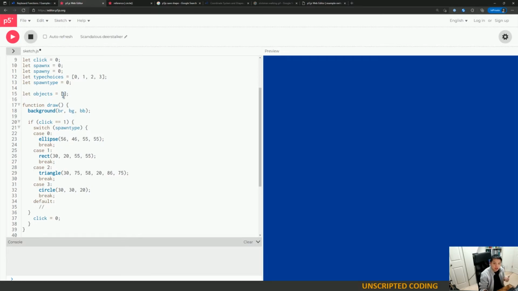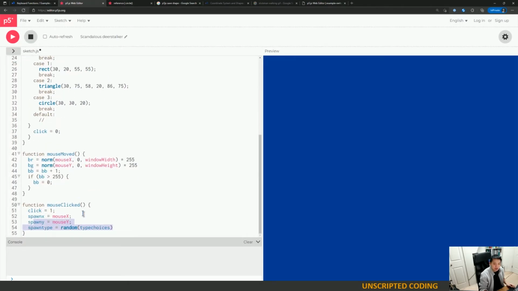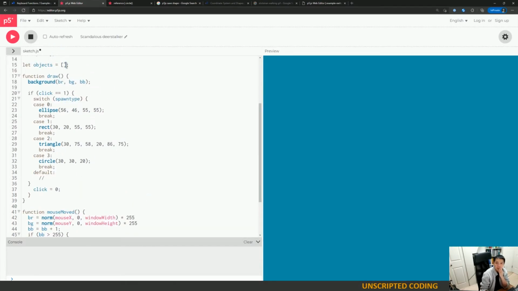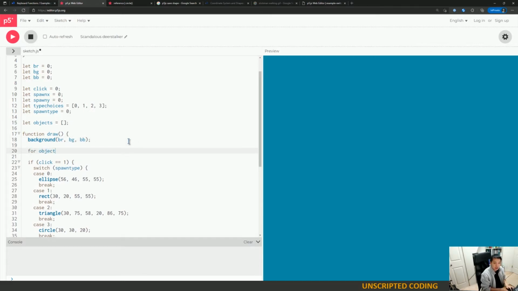So I might as well just keep those same variables and move it along. So instead of saving the function, which you can't, I'm going to save the variables I'm entering, and then I'm going to do a for loop to make sure that we're drawing it. So for object in objects,